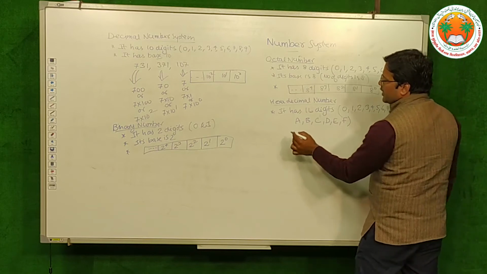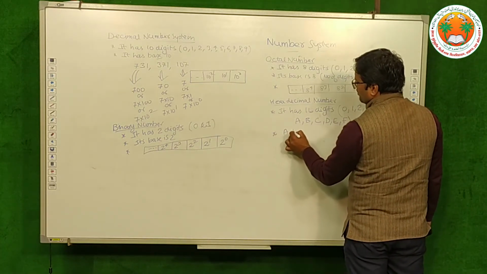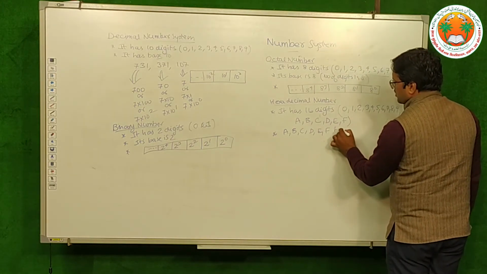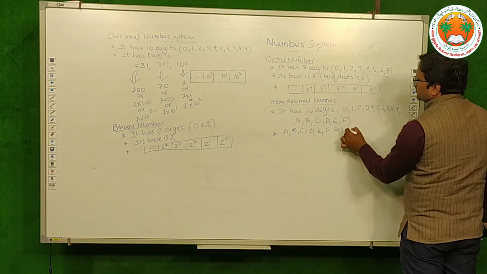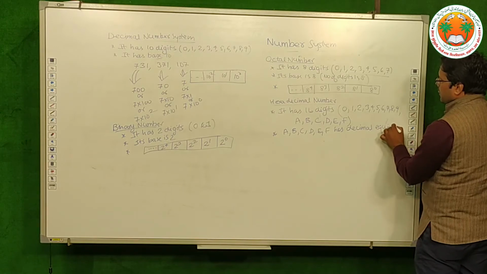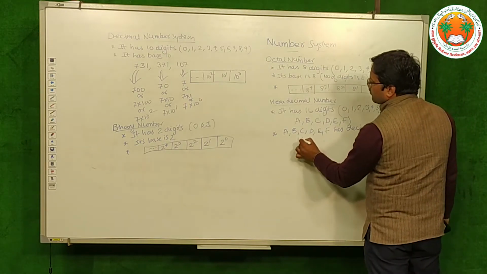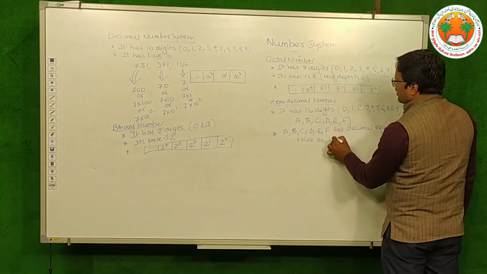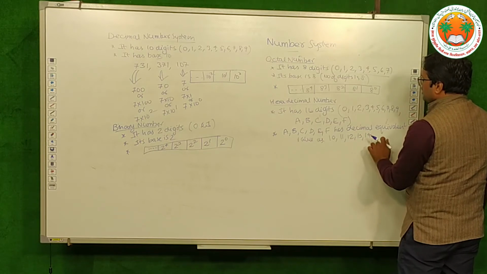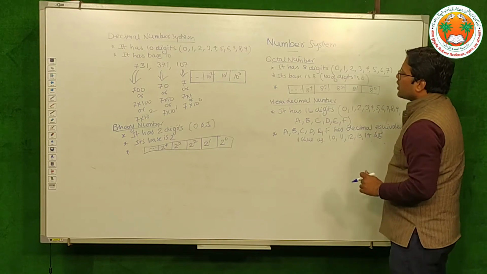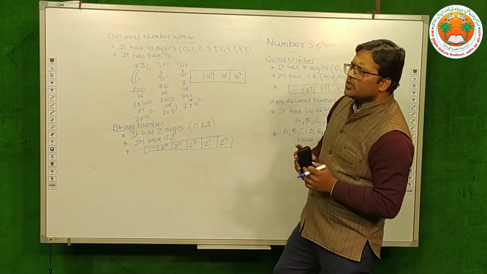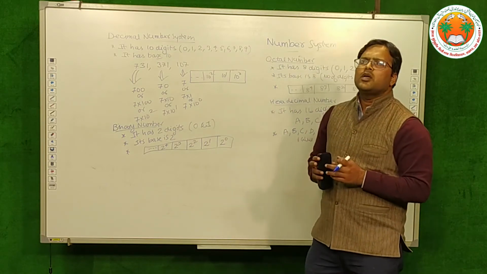Now here we can say that A, B, C, D, E, F have decimal equivalent values as 10, 11, 12, 13, 14, and 15. Okay, so these are the basic number systems which are popular now, and the basic task is to convert